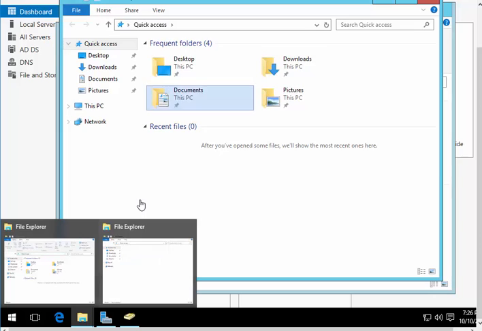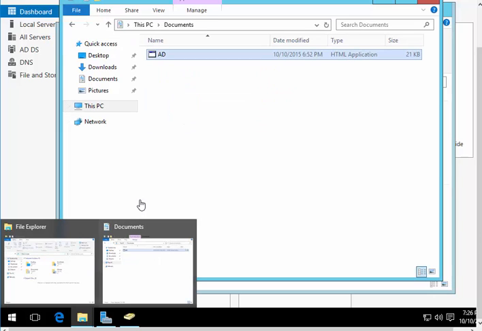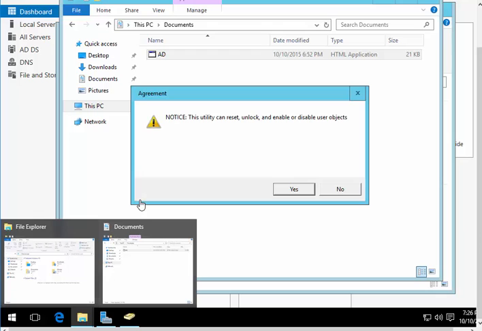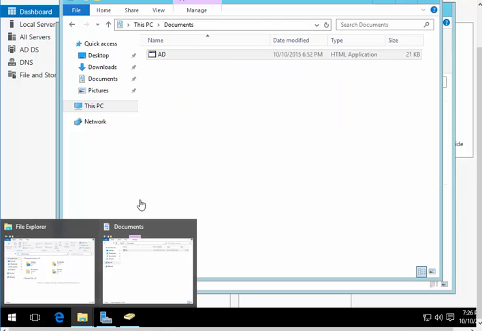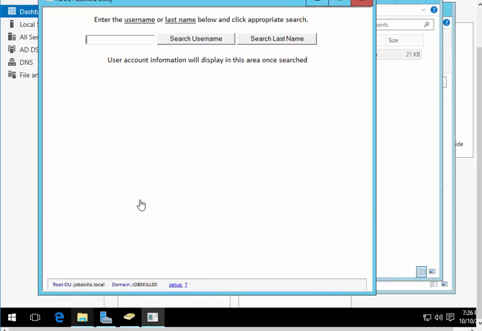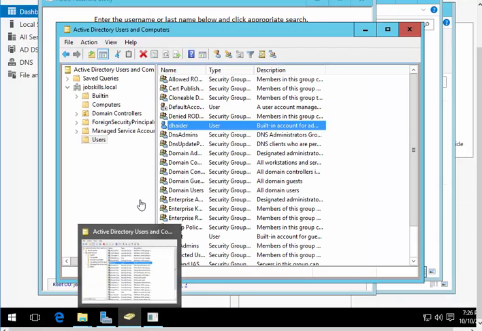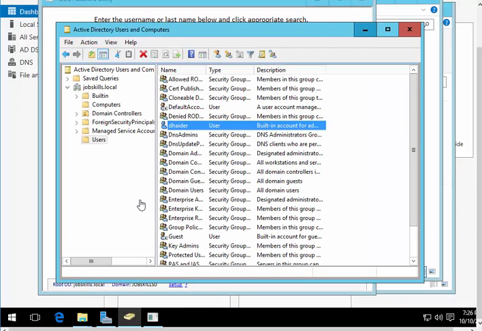Okay, so let's go to documents. I think I already have that over here. Yes, there you go. So I'm going to double click on that same thing. As you guys can see, I'm going to get this yes, and it says Job Skills. It basically picked up my domain name, so I'm just going to click OK. And here it says enter valid OU structure. So what you need to do is type that name. Job skills dot local, and click enter. There you go. So you just put the same thing you see in the Active Directory right here on the top, and you will see this information.